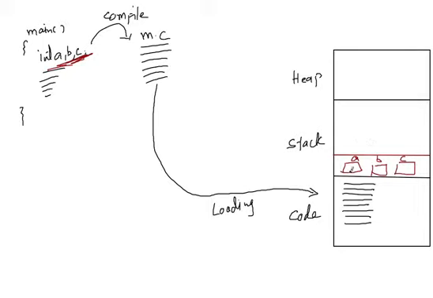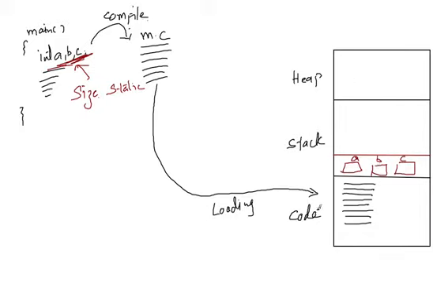See, the allocation of the memory is done at runtime, but how much memory is required by this function or this program is decided at compile time only. So we call the size of the memory required for this program static. But the allocation is done during the execution time of the program. Once the code is loaded here, the execution starts, and the beginning of the code will allocate the memory for these three variables. So the allocation is dynamic, but the size is static. It is decided at compile time.